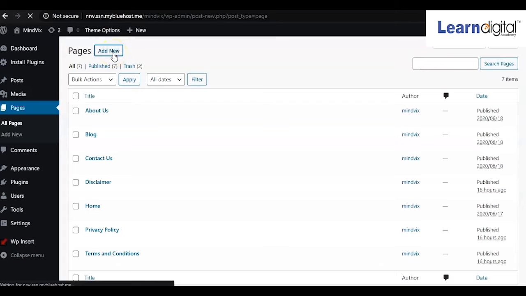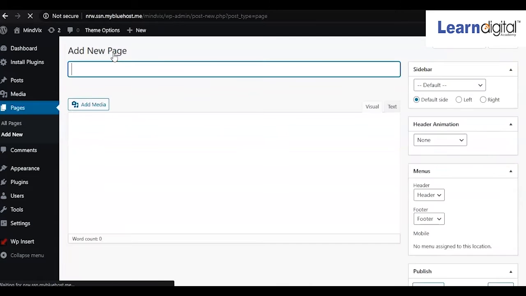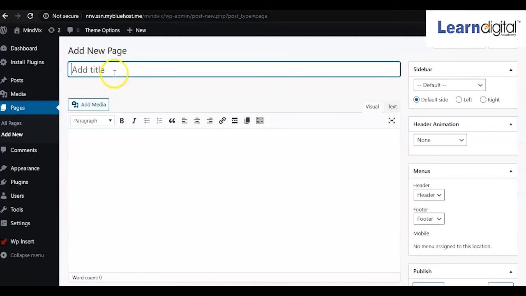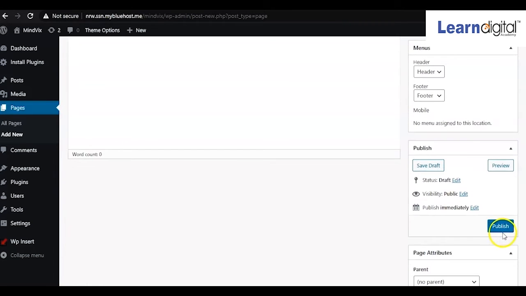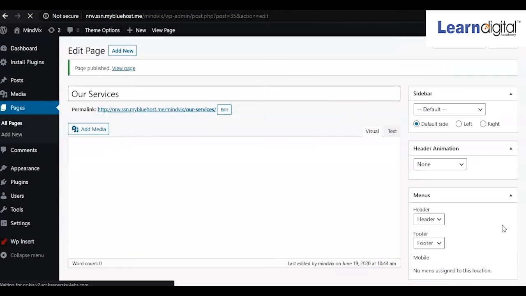So simply click on add new, and whatever the pages you want to create, you can create over here. So for example, our services, then scroll down and simply click on publish.